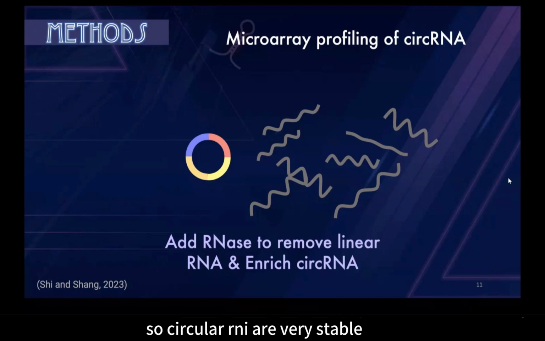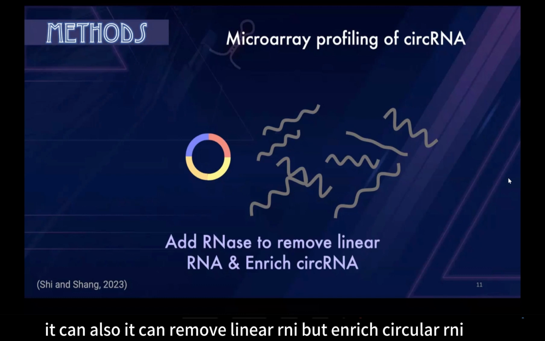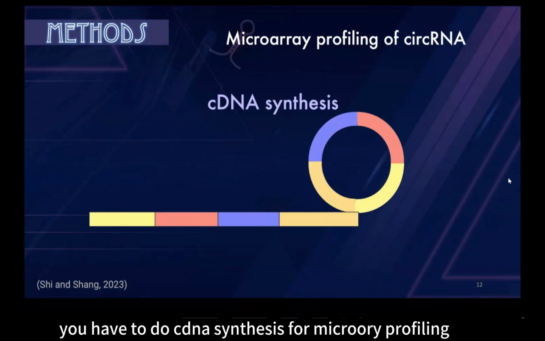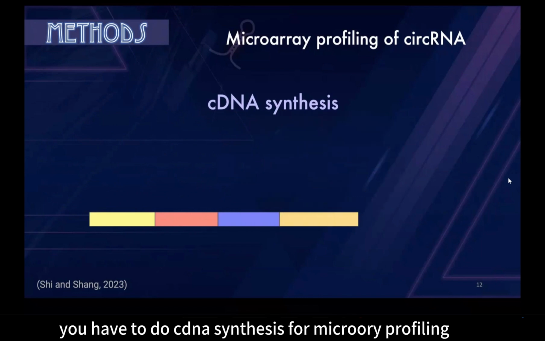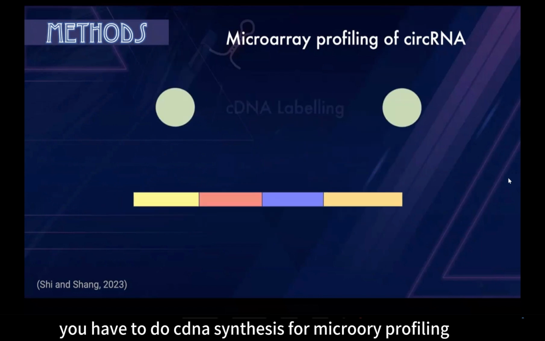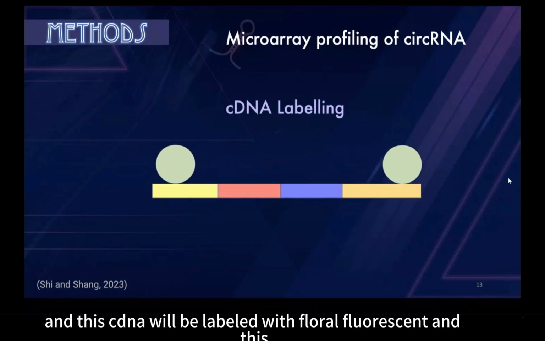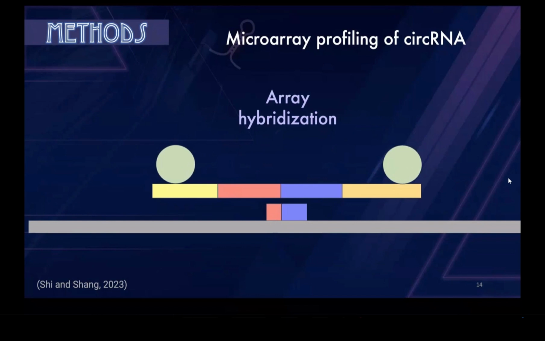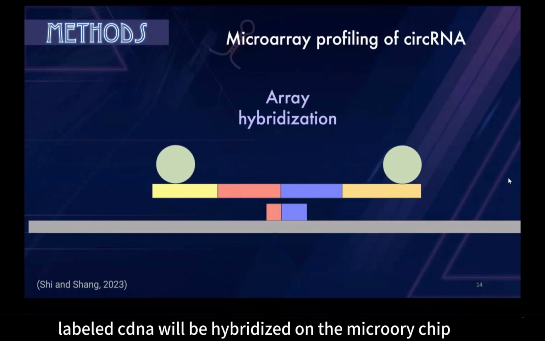So circular RNA are very stable, and it is resisting RNA degradation due to their circular construct. Hence, when you add RNase R, it can remove linear RNA but enrich circular RNA. So in this case, you have to do cDNA synthesis for microarray profiling, and this cDNA will be labeled with fluorescence,